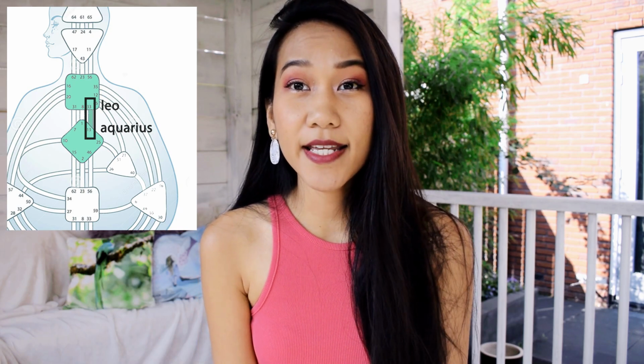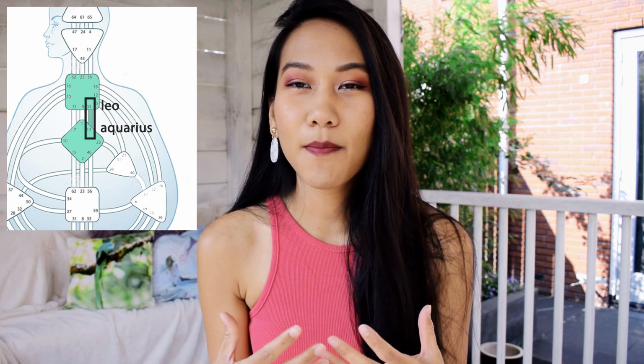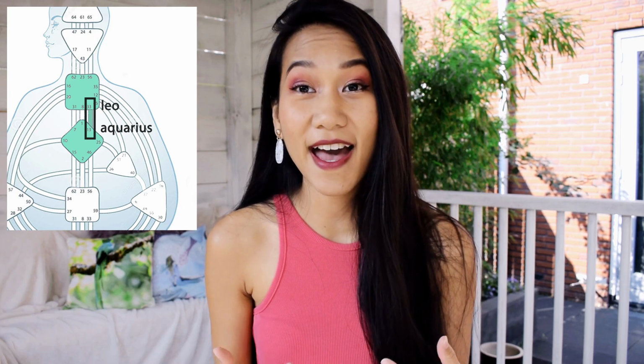The next channel that we want to talk about is the 13-33. This is called the channel of the prodigal. It is a Leo Aquarius channel, the 33 being the Leo, the 13 being the Aquarius. And this channel has the ability to speak about the tales of your life, speak to other people from your own past experiences. Sometimes it's a channel of being able to write your own autobiography, by the way.